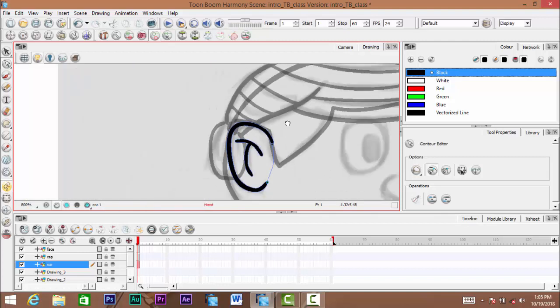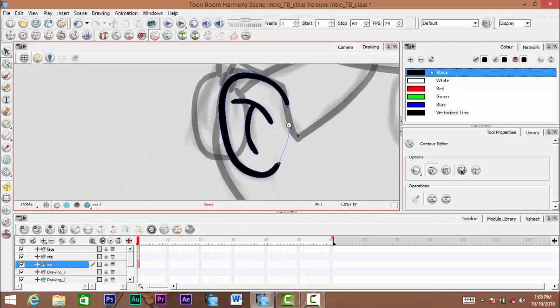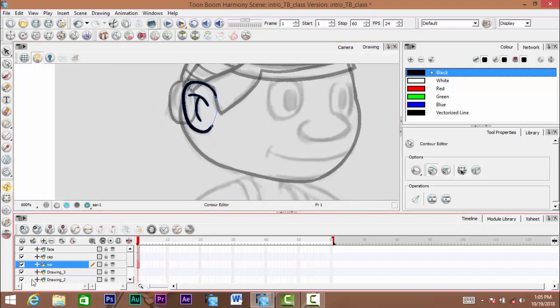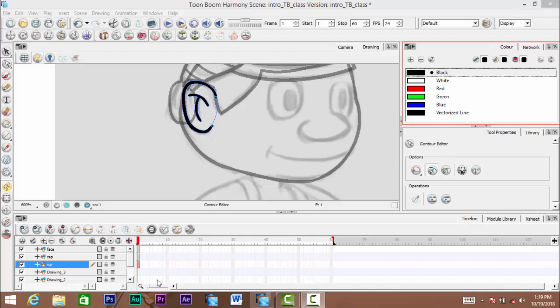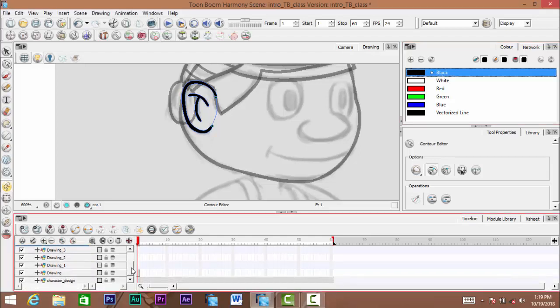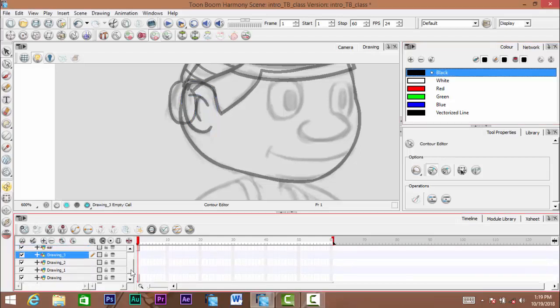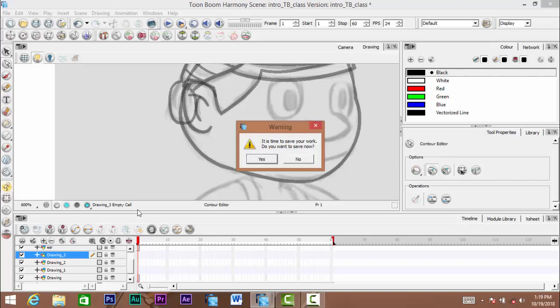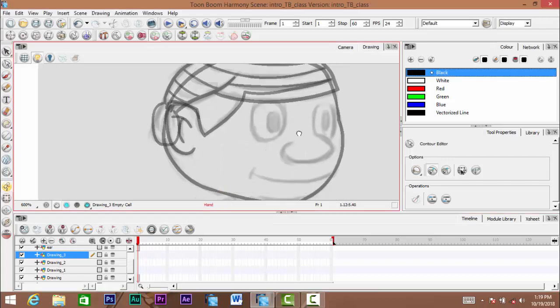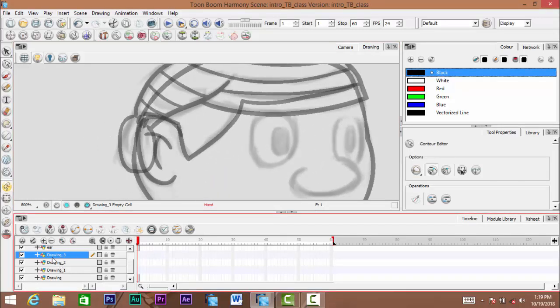Sure you understand now. Okay, now we are through with our ear. All right, so we can also continue to design other layers. So let us create the eyebrows. Let us call this brow